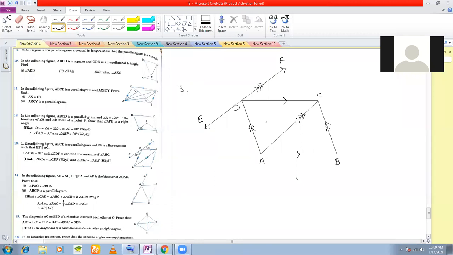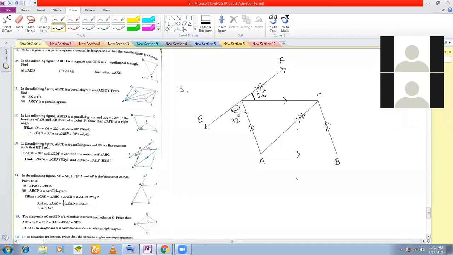Question here, and what else is given? If angle ADE is 32 degree, ADE, that means if you see in the figure, this angle is given to be 32 degree. In the question also it's given, in the figure also it's given. Angle ADE is 32 degree. This is given. Angle CDF is 26 degree.